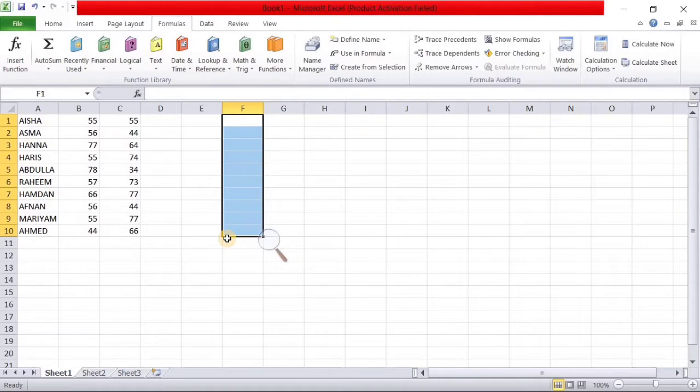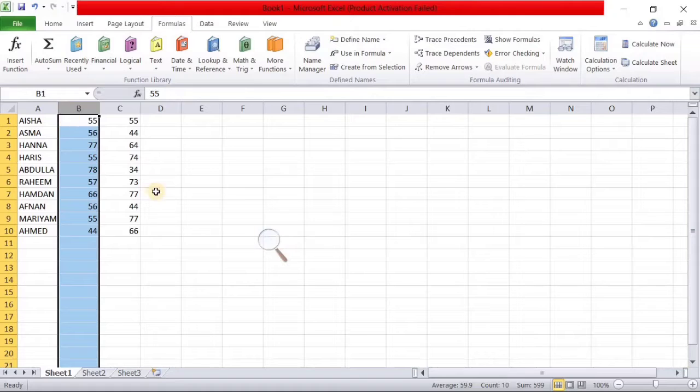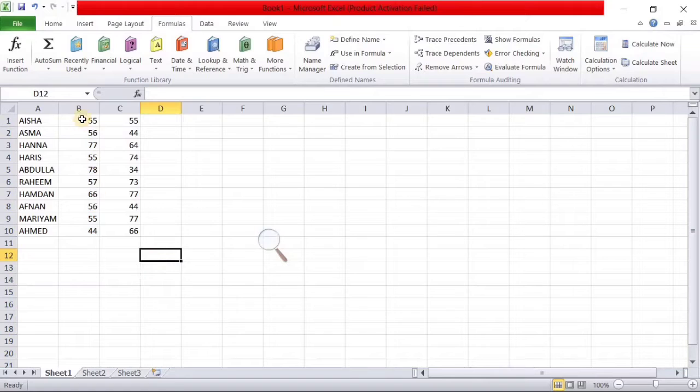We can select a range like this. It will be highlighted in a color. We can select a range and we can name that range. If it belongs to a particular group, we can name that range separately. Suppose this is the group of cells of some 10 people having marks: first exam marks and second exam marks. Suppose the 10 students have the first exam marks as 55, 56, 77, 55, 78, etc. So select that range.